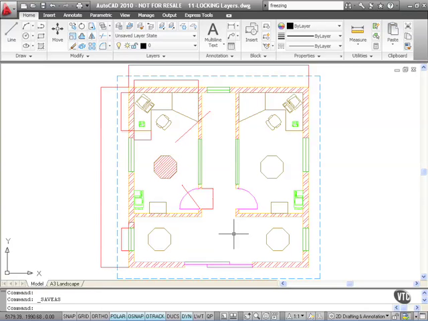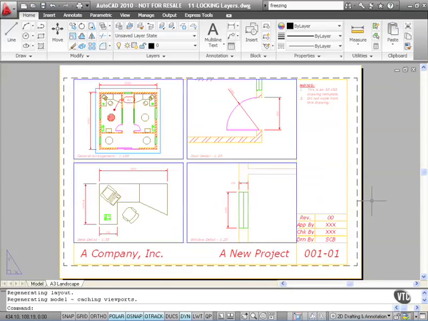Okay, we're looking at locking layers in our AutoCAD drawing this time. Now you'll notice we're back in our completed AutoCAD drawing again. So you'll notice everything's been drawn properly. We've got hatching, we've got dimensions, we've got objects, we've got blocks, and so on. If I go to the A3 Landscape tab here, you'll see that we've also got a nice title block all